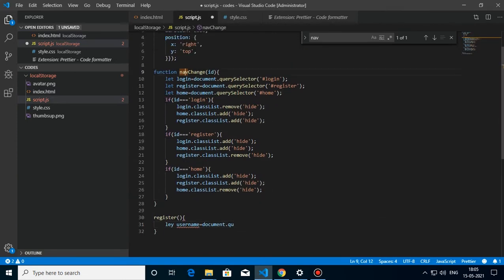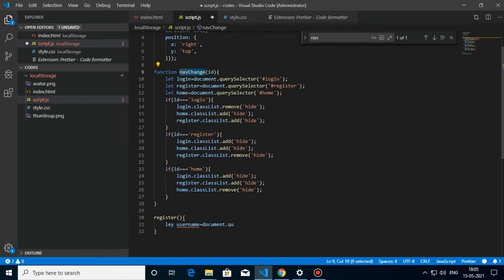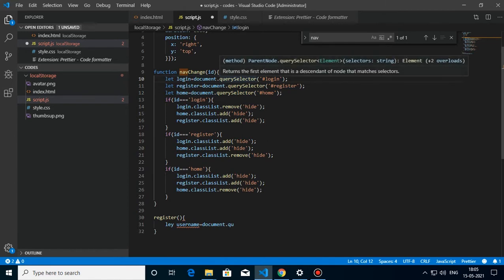So let's see how the nav change function works. The nav change function gets an ID, which is what we are providing, like login or register. I have defined three variables: login, register and home, each one of them pointing to its respective element.